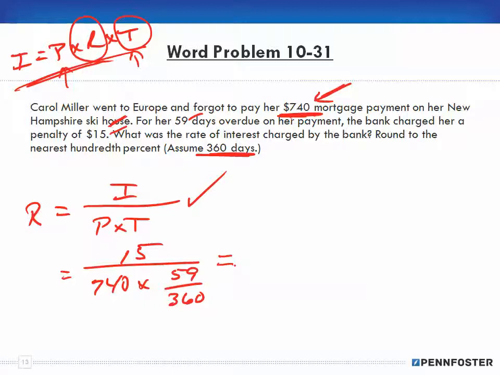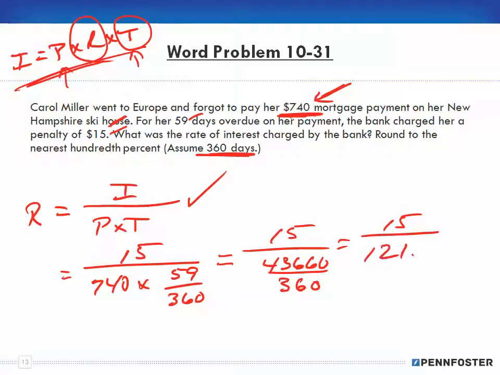Okay, so let's do the math for this. I end up with $15 in the numerator, and if I take 740 times 59 days, I have 43,660 over 360. So I divide that by 360, and I have 15 in the numerator and 121.27 in the denominator. And so if I take 15 and divide it by 121.2777, I end up with